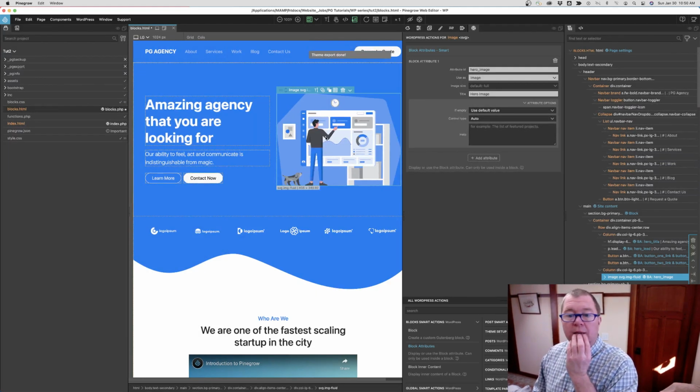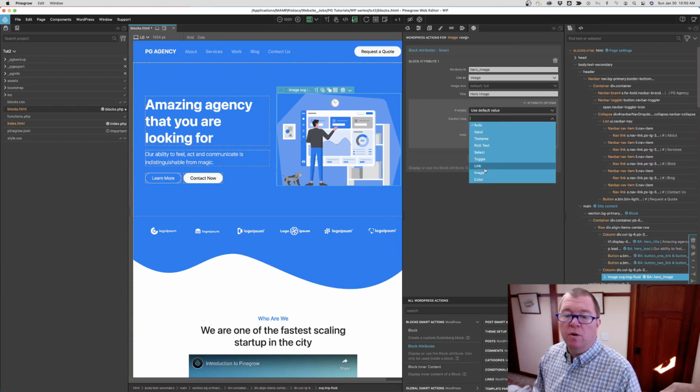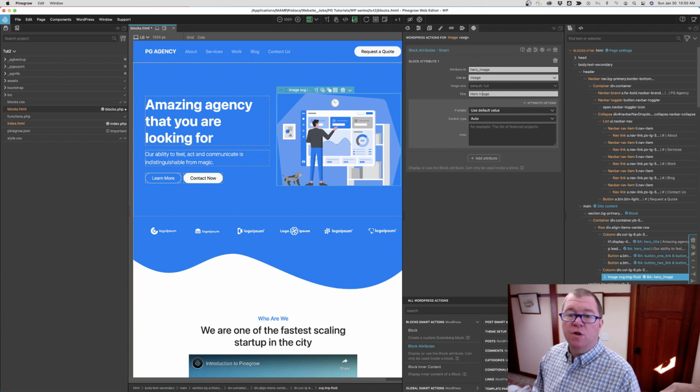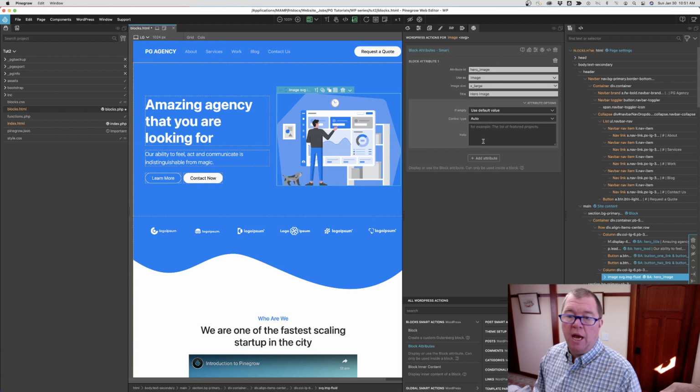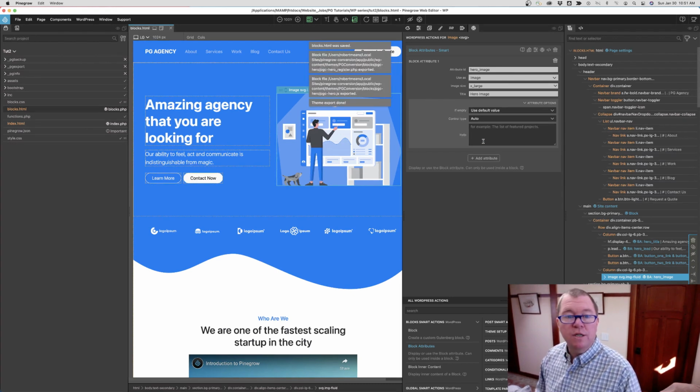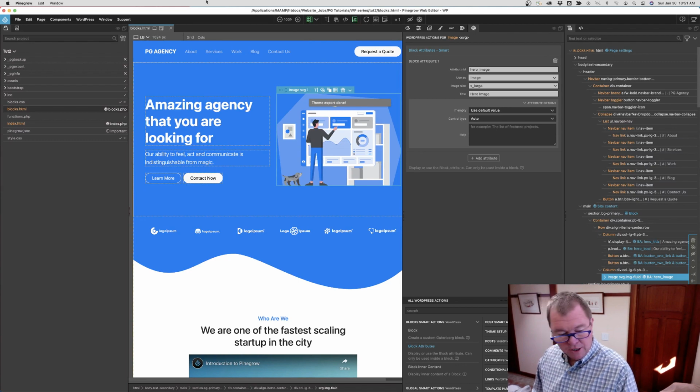Okay, so now we've got this. We're going to say if empty, use this image. The control type we're just going to leave as auto, although we could change it to image. We're not going to add in a full. I guess we could say our default is that X large that we just created. All right, so if we go ahead and save this, export, go back over into